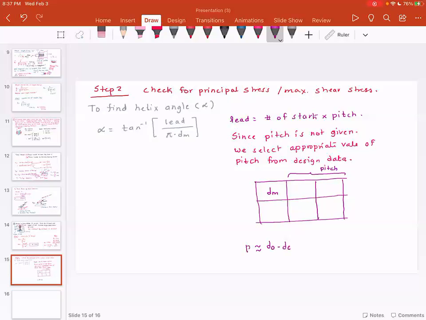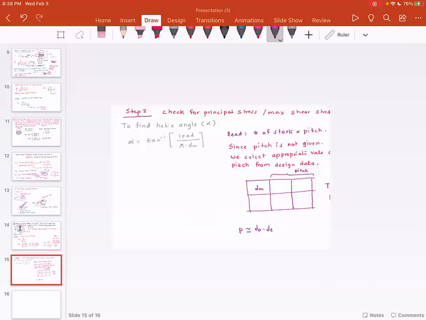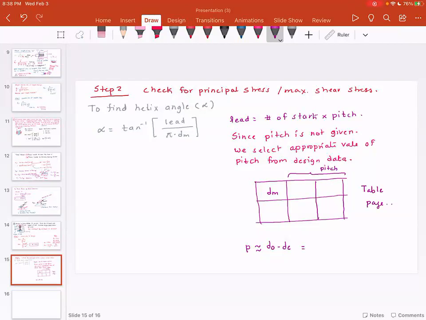Approximately, pitch is equal to DO minus DC. And if you have access to the design data book, you can just say, I looked at the table given in the design data on a certain page, and this is the value of the pitch that I'm going to use. If that is not directly known, then you can approximately say that my pitch is equal to D outside minus